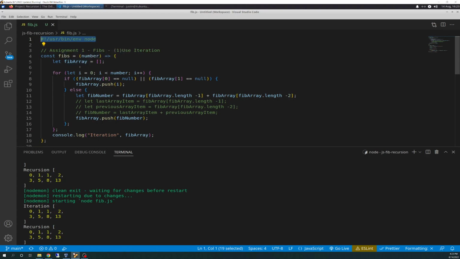Then we're going to create an empty array called fibArray, and then we're going to do a for loop to iterate through number, which is the input. So for example, if they put in 8, we're going to iterate starting at 0 all the way through 8. And then on each iteration,